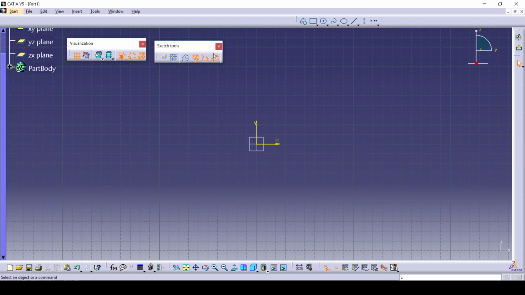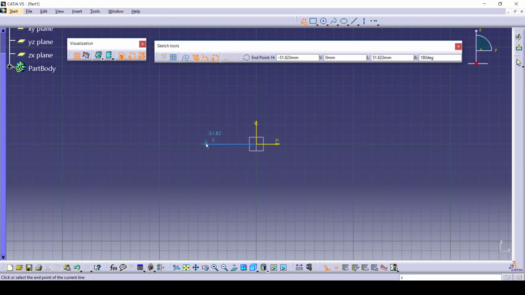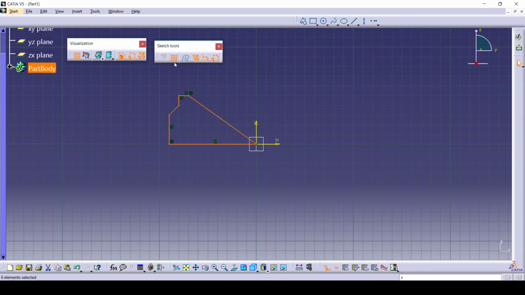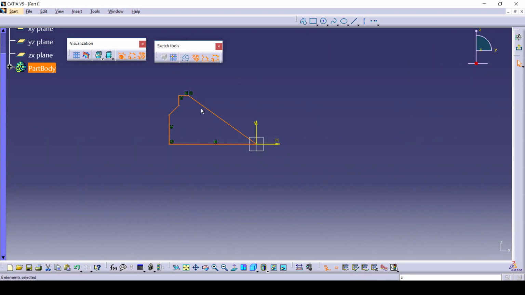Okay, and if you want to snap to each grid point, for example, now I can't snap or pinpoint these grids. But if you want to snap to the grids, you can activate this tool called snap to point. Then it can snap to each grid point. Fine. So this is the usage of the grid and snap to grid. If I don't want it, I can just deselect it.